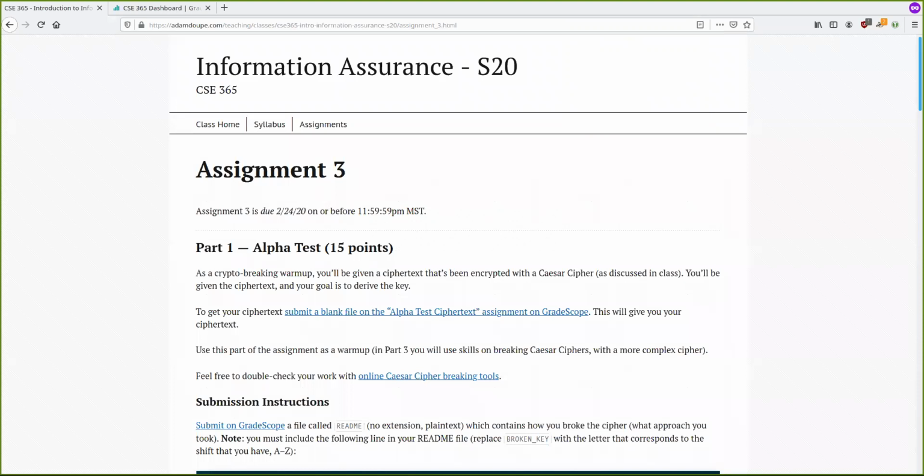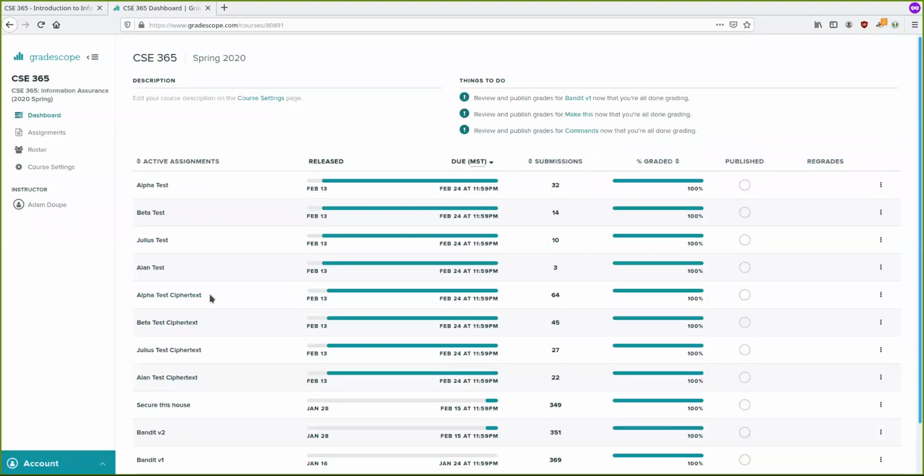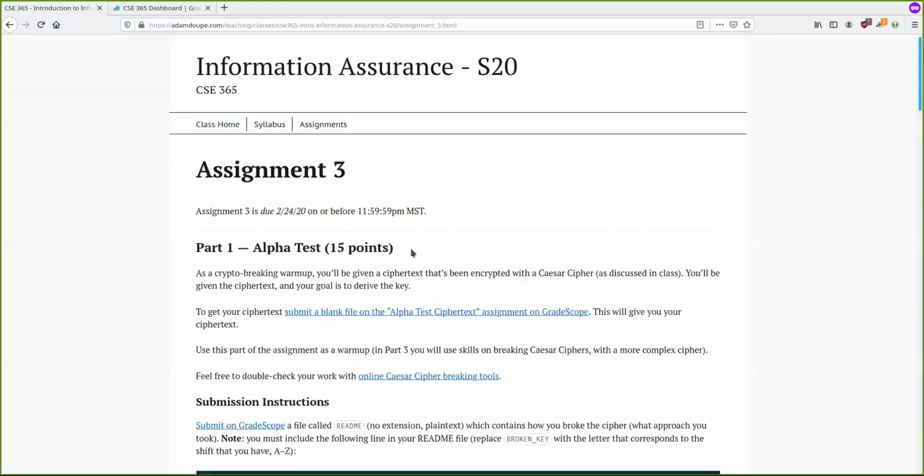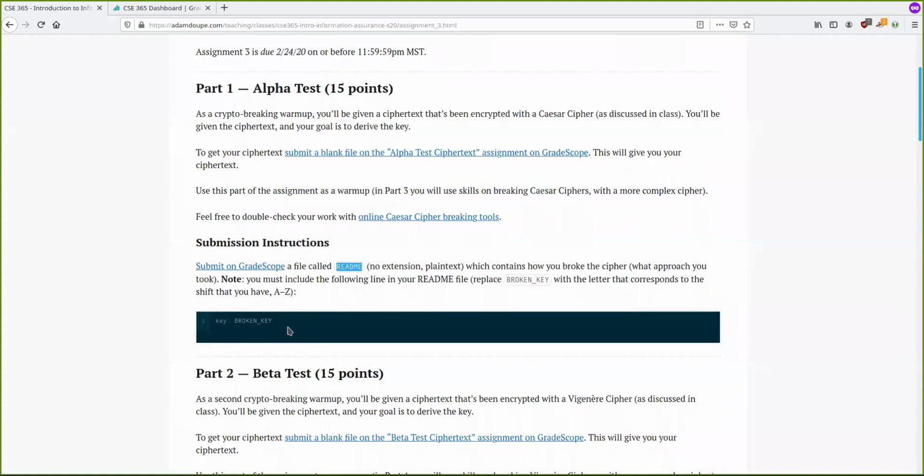So part 1 is a warm-up that will help you break the Caesar cipher as it was discussed in the class. You'll be provided a ciphertext and your goal is to obtain the key. In order to obtain the ciphertext, you need to submit an empty file to the alpha test ciphertext problem. Once you submit the blank file, its output will contain the ciphertext that you actually need to break. Right? And once you break the ciphertext and obtain the key, you have to submit a README file that contains a line which has the key in this specific format,